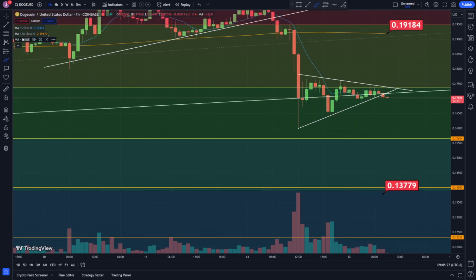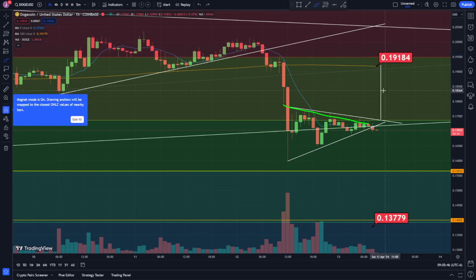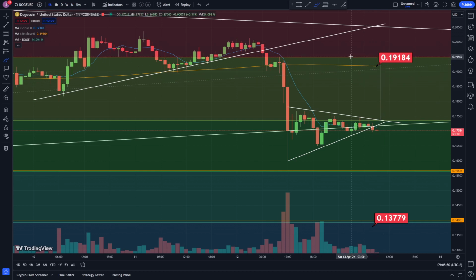So what I was saying is, if we drag from the top to the bottom over here, I usually do it in the middle actually, but yeah. And then if we drag that to the breakout, but at the same time, I like watching, if we get a breakout right here, I wouldn't be surprised if we came back to this Fibonacci retracement level. So this, from the top to the bottom of this over here, kind of makes sense. And then the Fibonacci retracement level sitting at